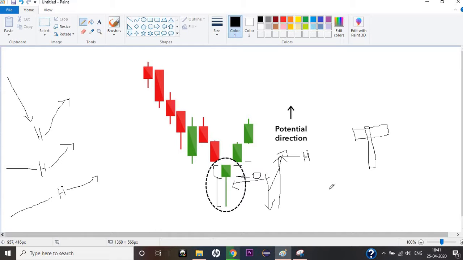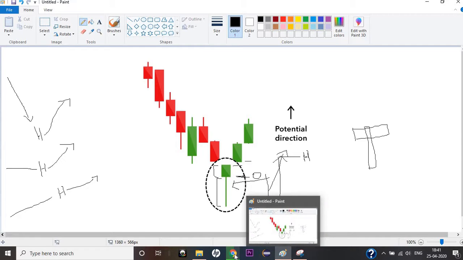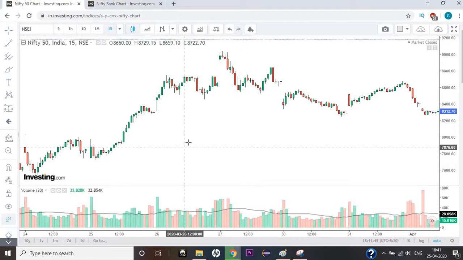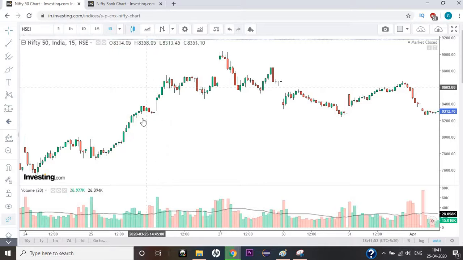You usually encounter this type of candlestick in an intraday trade on a 15 or 30 minute chart. That's where you will see this candle most frequently, but you may also encounter it on a daily time frame, right? Now let's see how it looks in the real world and what pattern we can analyze. So this is the Nifty 50 chart.